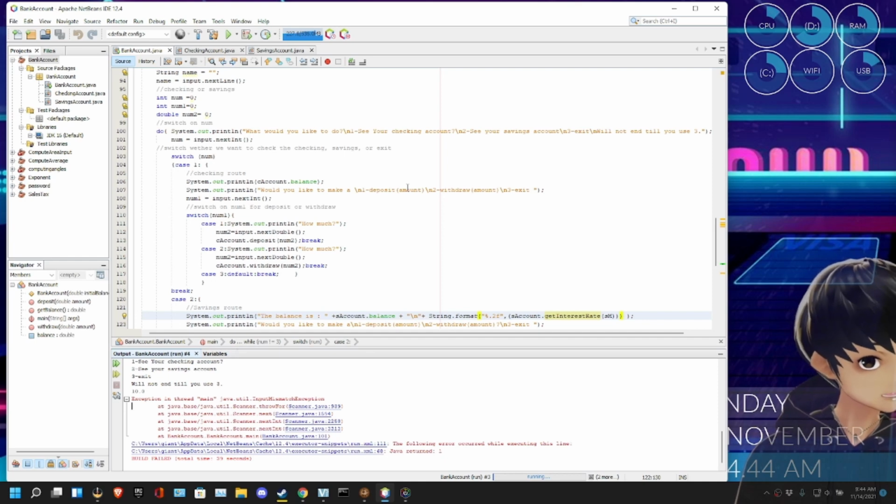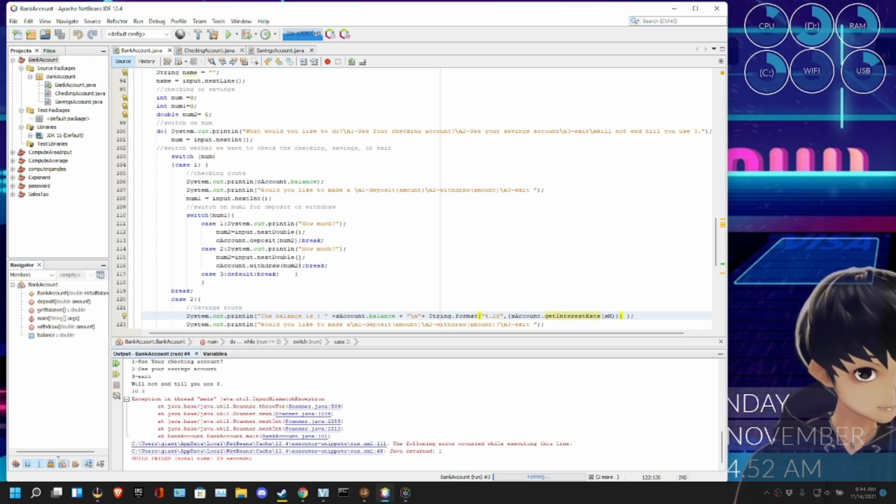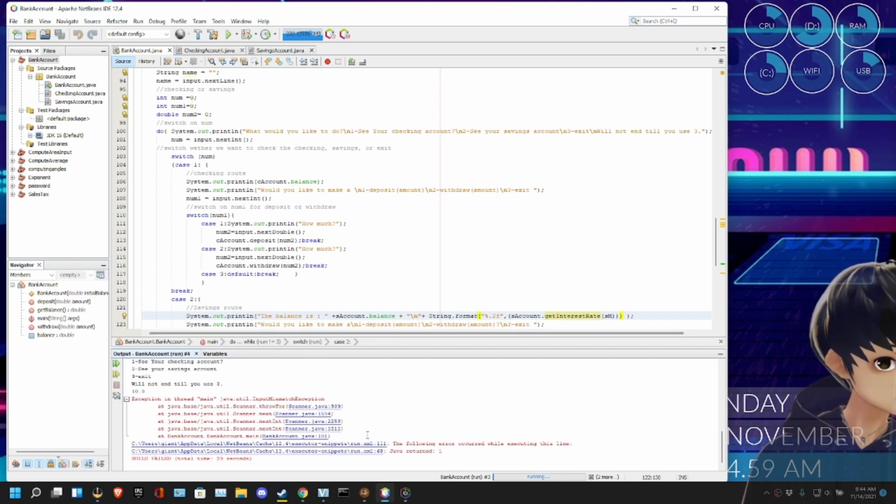Why did withdrawing break it? We are looking for C account.withdraw num2, which we just pulled. So we go to main, we go to line 101. 101 says